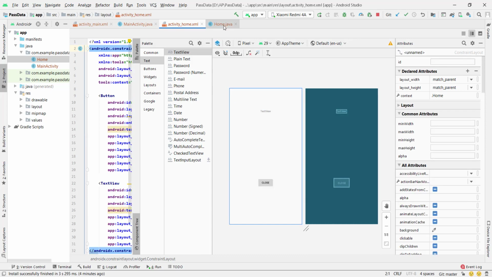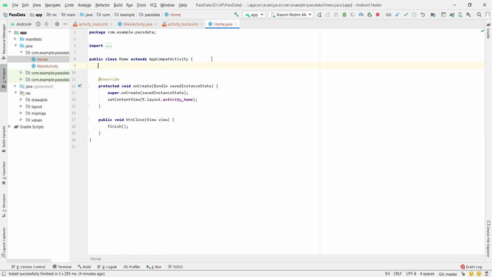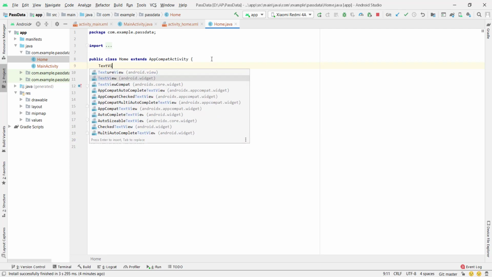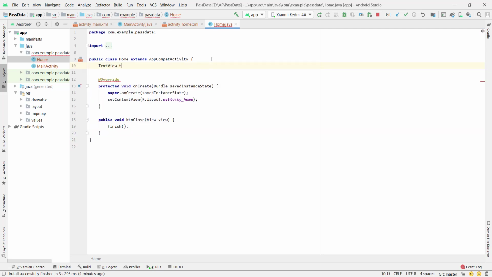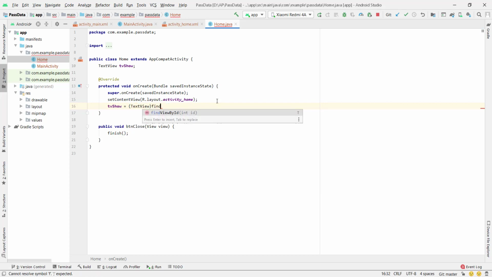So let's get this TextView inside this Java part, TextView type, and our ID is textViewShow. Yeah, so let's initialize here, textViewShow is equal to, and cast this one, TextView type, findViewById, R.id